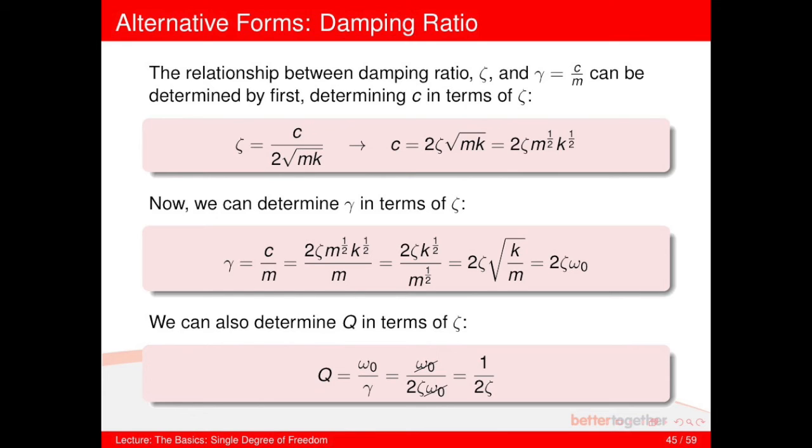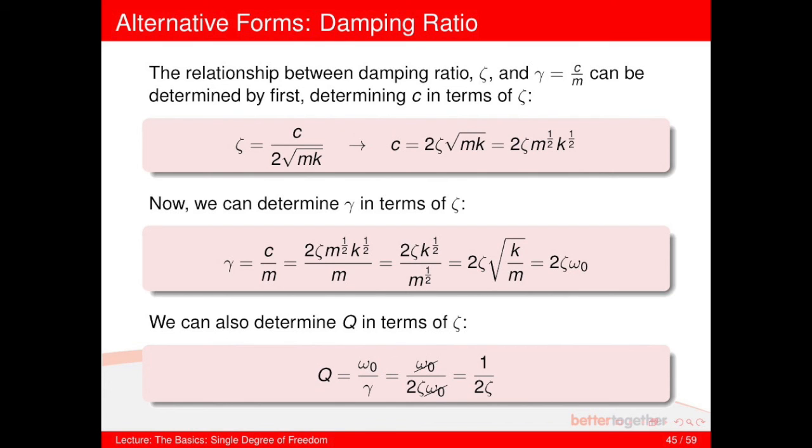And last week we also covered a term Q, which is the quality of oscillation. If you remember, a low Q meant that we had a high damping, and a high Q meant we had low damping. If you've got a high quality oscillator, then it oscillates very nicely. We defined Q last week as omega naught divided by gamma. Again, knowing gamma is C upon m,